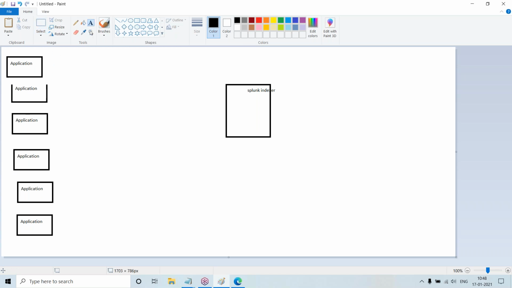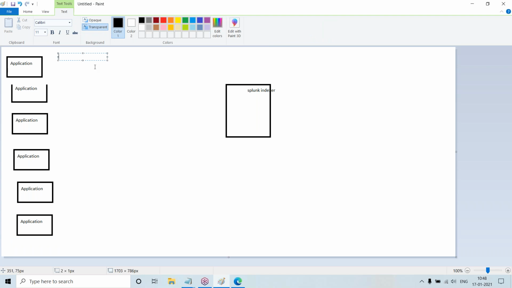Let us assume that for one project, I am having some 100 servers. A company will have, let us assume, some 20 projects, or we can assume 10 projects. It will have something like 10K servers, 10,000 servers.